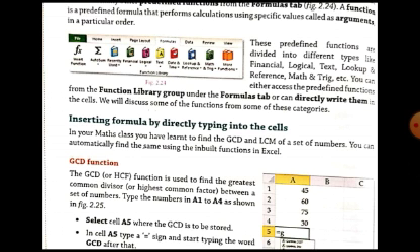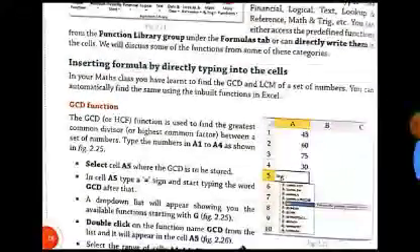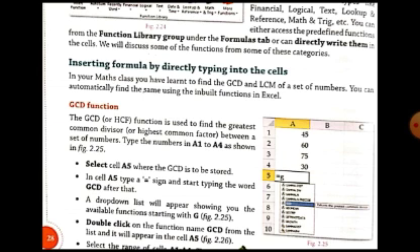We are in the math class, all of you know what GCD is. GCD stands for greatest common divisor. The GCD function is used, or another name for it is HCF, highest common factor. Both are the same. They are used to find the greatest common divisor or highest common factor between a set of numbers.